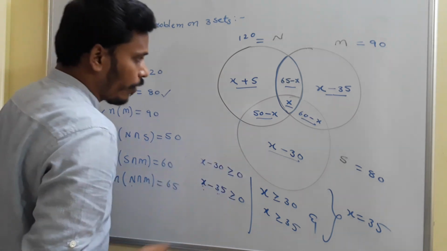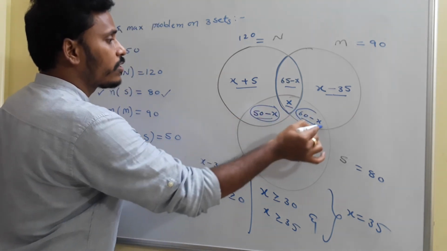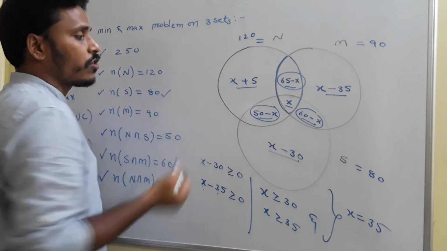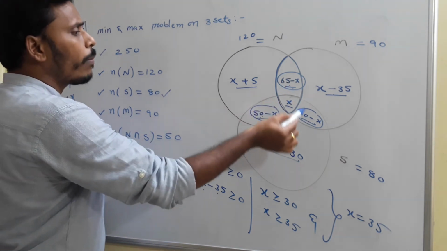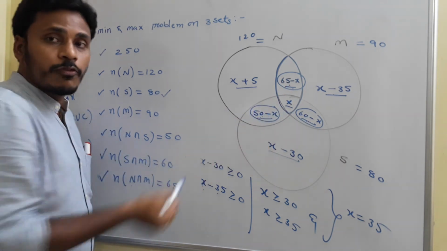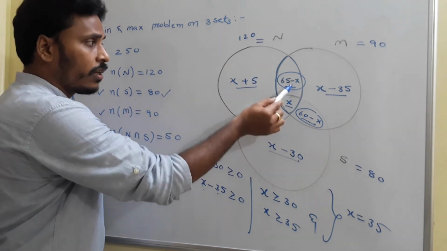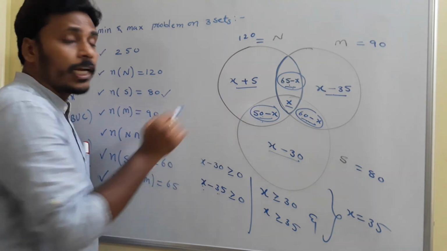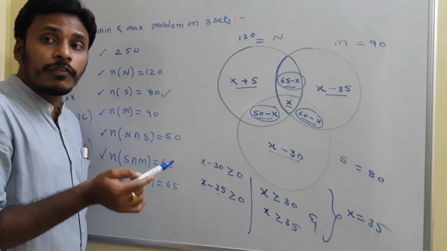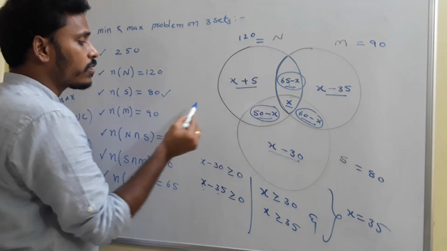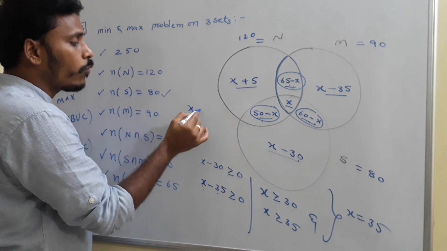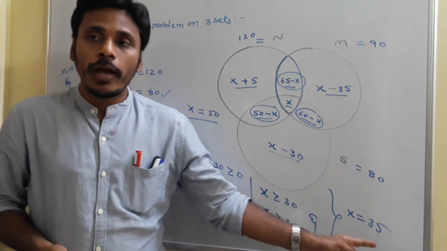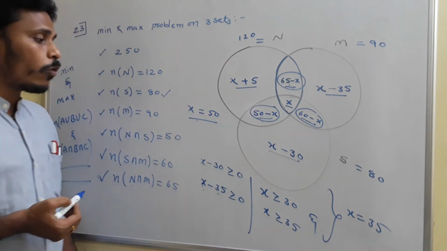And now think in another way. Now you just base it on these three numbers. These three numbers also must be positive: 50 minus x, 60 minus x and 65 minus x. So how to make these three numbers positive? If I take x as 50, this is 0, this is 10, this is 15, okay. If I take x as 51, this becomes negative, right? So 51 is not allowed. More than 50 I can't take. So from these three situations, one possible value of x is what? 50. So the minimum possible value of x is 35, whereas the maximum possible value is 50.